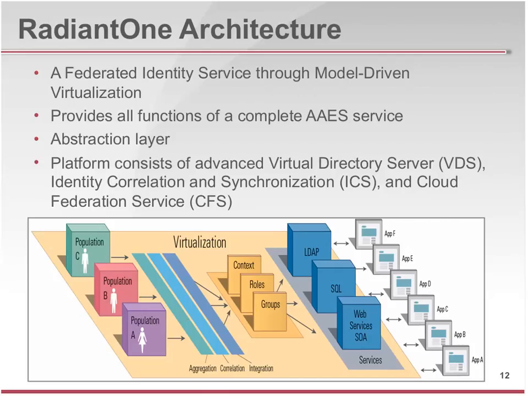And what we've seen as we've done a lot of these deployments both in the government and intelligence community as well as in the commercial spaces, there's a series of challenges that you have to overcome, and one of the most effective ways to address this is to virtualize what is there. Radiant has been historically known as a virtual directory vendor. We've evolved the platform to become what we call a federated identity service, and the idea is to be able to connect to all of these different sources of information and attributes, rationalize those, and then expose them and serve them up to consumers via various protocols, various schemas, various structures.